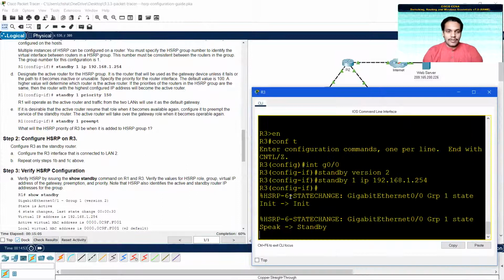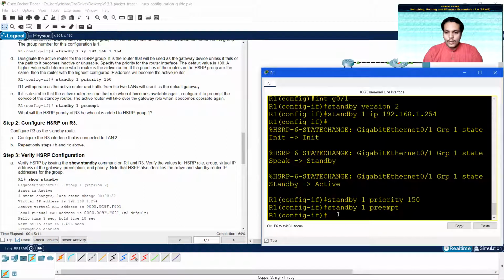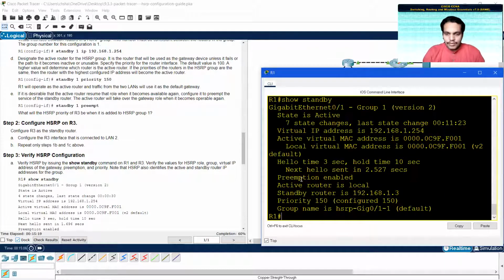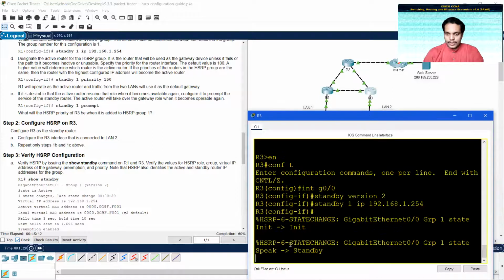So let's see whether all the configurations are done properly or not. First let's check R1. Go to R1 and let me come out, because I need to use the show commands. Show standby. You can see here, if you type in the show standby command, you get this particular output. You can see active router is the local router, that is R1, and the standby router's IP address is 192.168.1.3, which is R3. Priority is 150 because it's showing configured is 150, and the group name is HSRP 1. Now let me do the same command on R3 also. Let us see what happens, what you get.